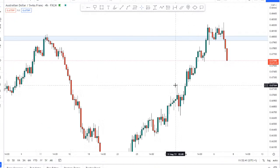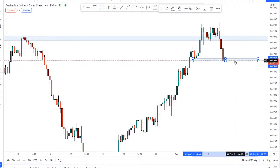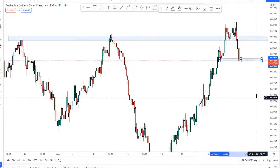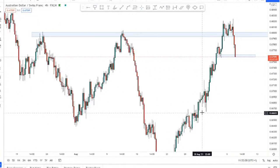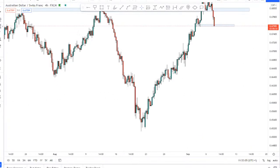As long as you bank in partial, because we have come back into this support here, which is probably the first place that potentially AUDCHF could look to turn bullish, even though I probably wouldn't expect it to, but it is a place that AUDCHF could turn bullish, so I'll probably look to take partials there. And besides from that, I'll probably let the trade run a little bit. If I was you, I probably wouldn't target the lows all the way down there,